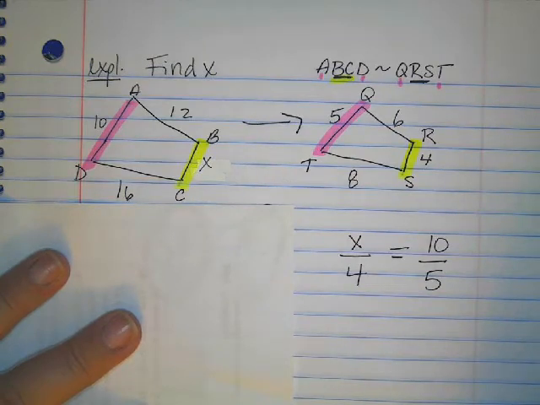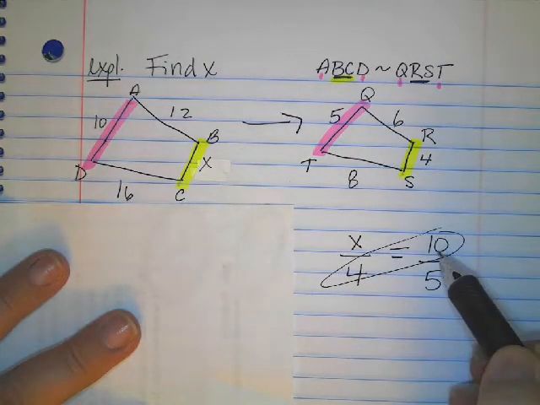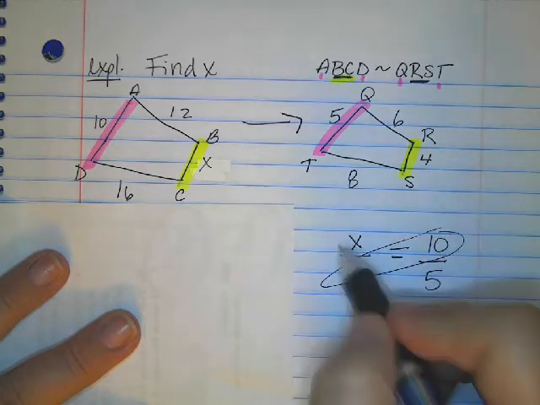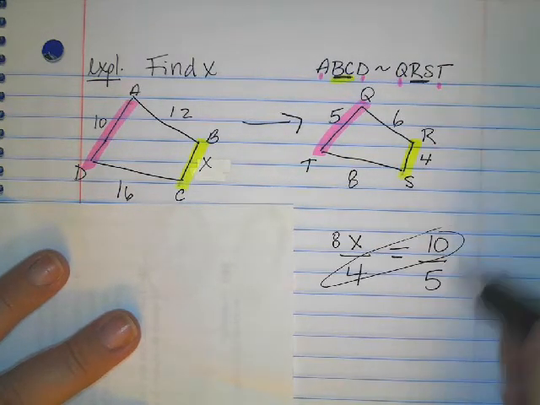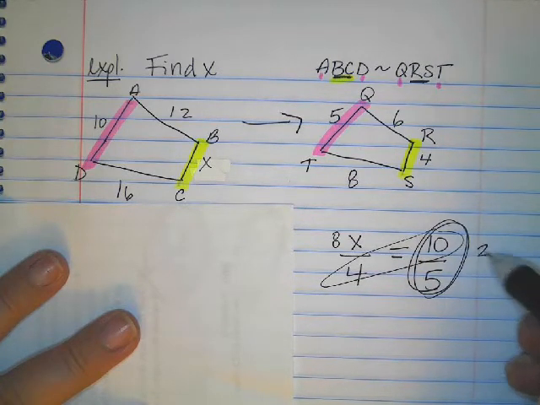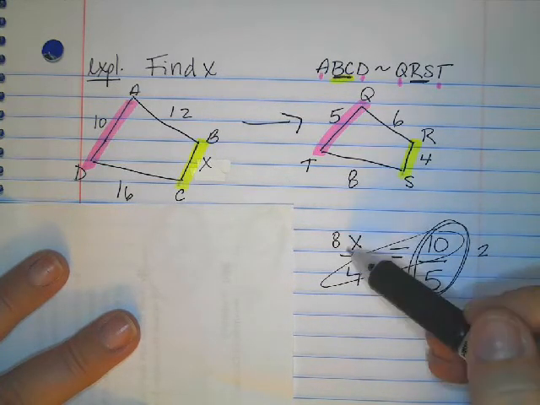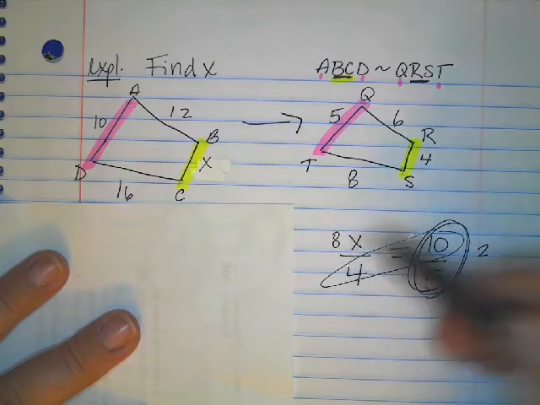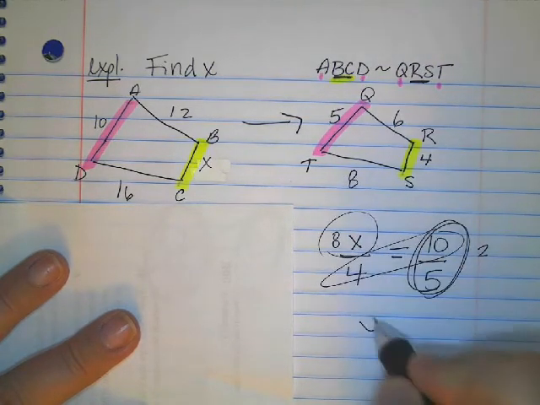So a couple different things. You could just cross multiply: 4 times 10 divided by 5, and you're going to get 8. Another thing you could do is notice that this says 10 divided by 5, which is the same as 2. And you could think, what divided by 4 is also 2? And again, you know that it is